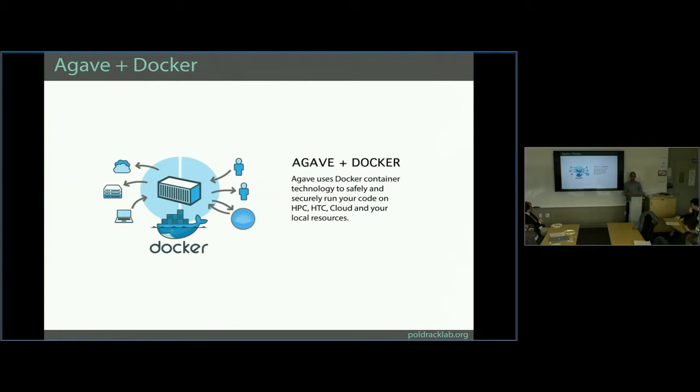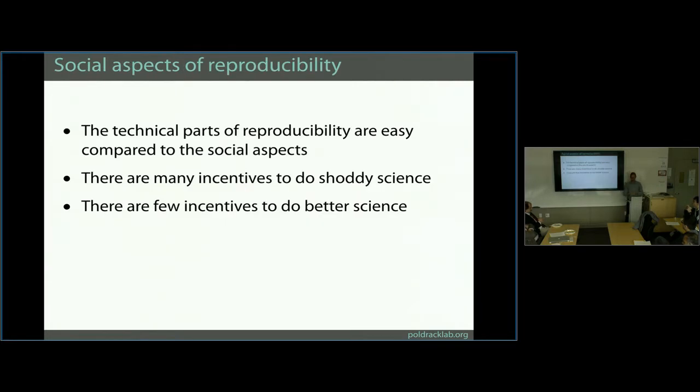And the cool thing about that is, we can set it up to run on one of the supercomputers in Texas, but we can also, not trivially, but not without a ton of difficulty, push it to Amazon Cloud, Google Cloud, Sherlock cluster here, maybe not Sherlock yet because it's not set up for this, but any cluster that is plugged in with the Agave API, we can run things on.